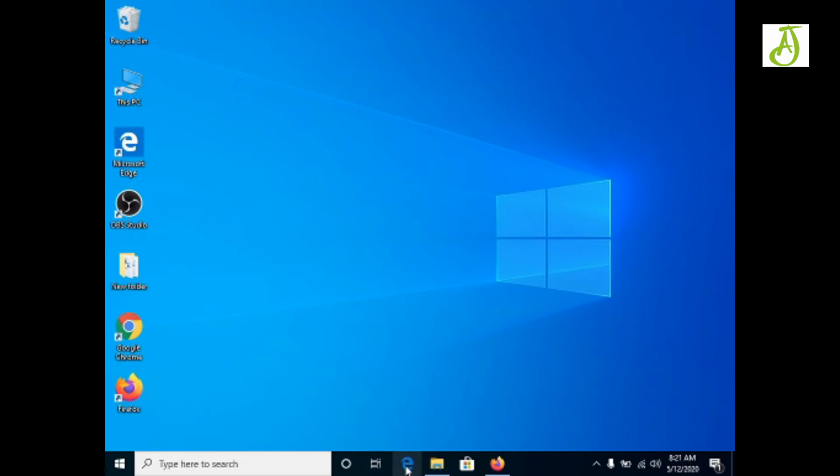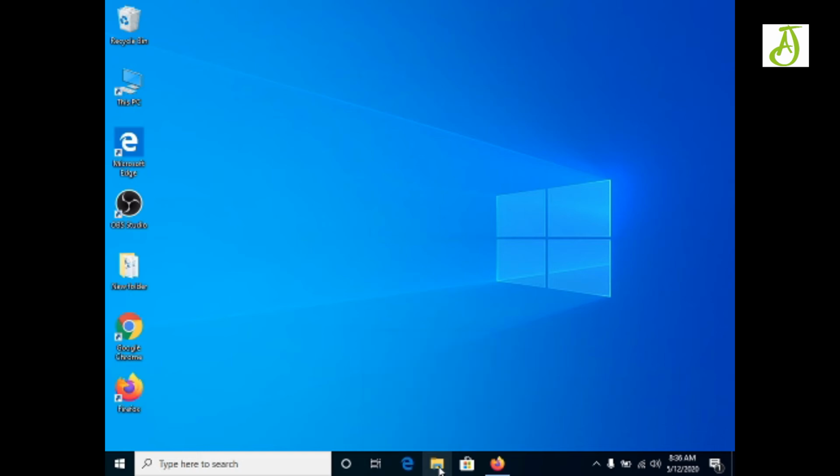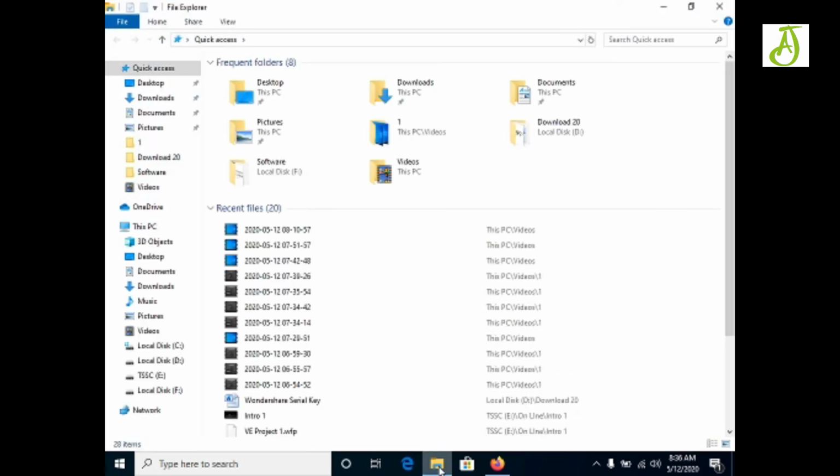Then we have Microsoft Edge and File Explorer. In older versions we call it Windows Explorer, Windows File Explorer. This File Explorer shows the folders, drives and files. It has three sections. On the left-hand side it shows the folders and the drive names.